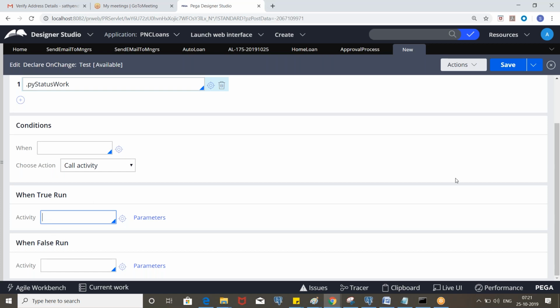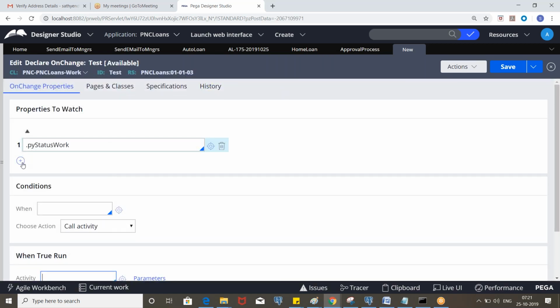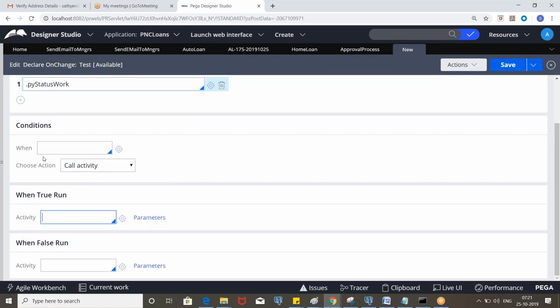Okay, so properties to watch, you can define multiple also. If any one of the property values changes, it will execute an activity. Clear? So you already have logic to send an email. The only thing is you need to create a when rule and call that activity here.